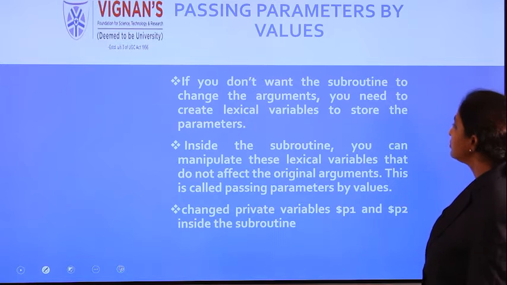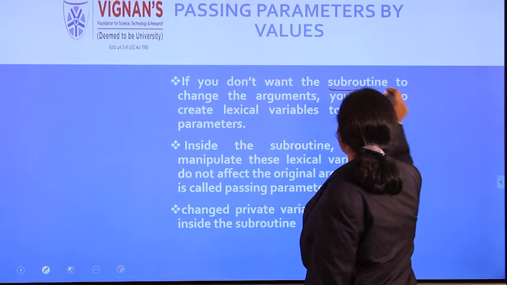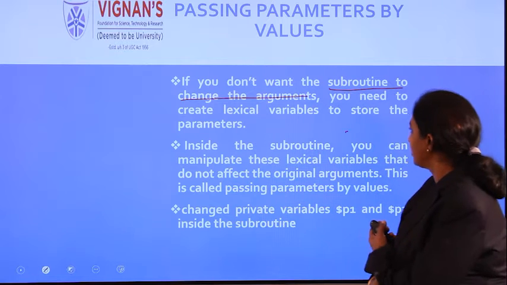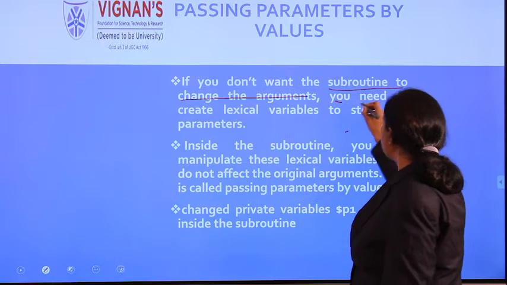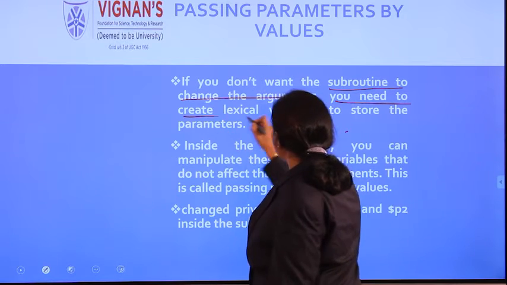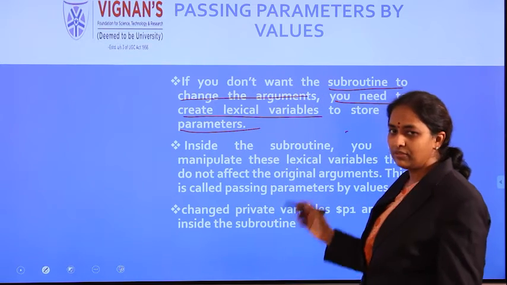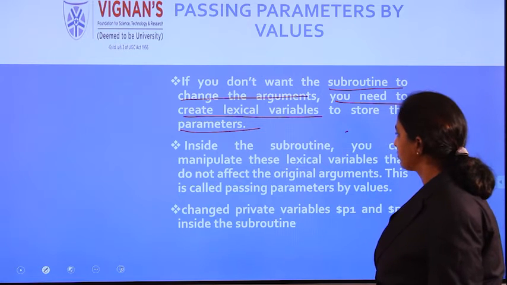If you don't want the subroutine to change the arguments, here the subroutine has changed its arguments. If you don't want to change the arguments, then you have to create another set of lexical variables to store the parameters. So inside the function, you create another set of variables.